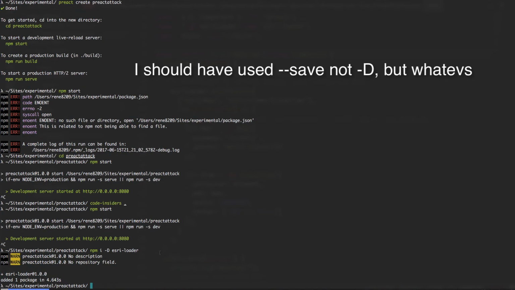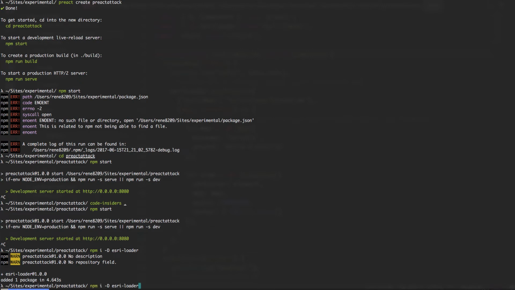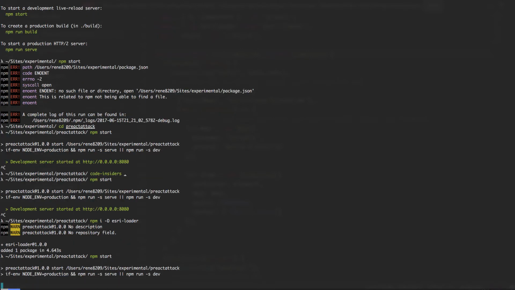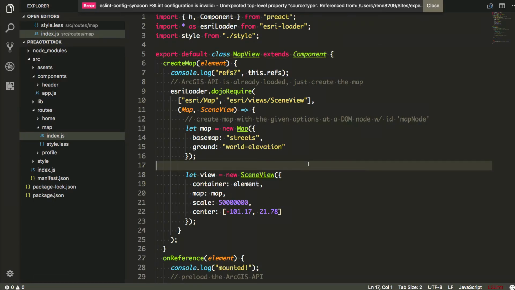This should be pretty quick because it's just a small thing. Okay, there we go. npm start again. All right, so now, oh, come on. Click on stuff. There we go. Okay, so basically I just copy pasted what's in the documentation for the esri-loader, but updated it